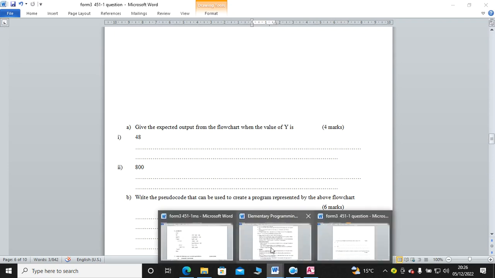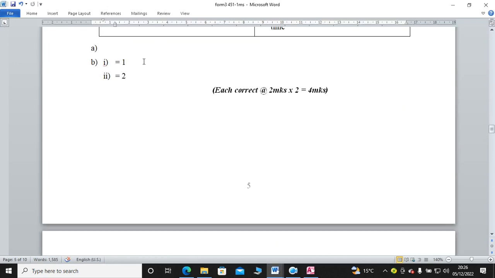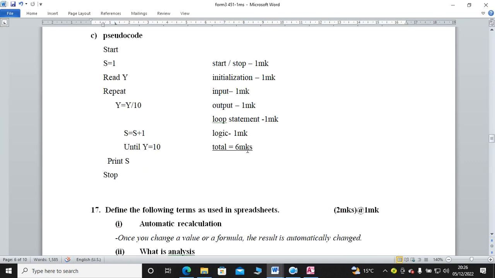And for that case, we just go back to our marking scheme here. So the first answer is 1, the second answer is 2. That is how that one is done. So write the pseudocode. The pseudocode is a statement explanation of what is happening in the system. This is the pseudocode. The system starts, sets S to 1, reads Y, repeat if Y equals this one until Y equals